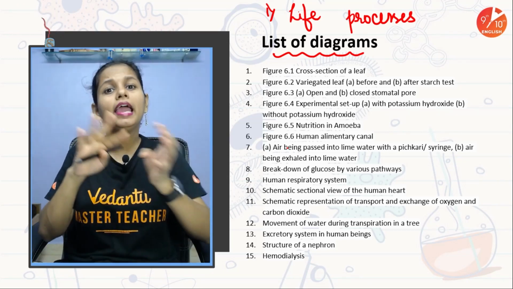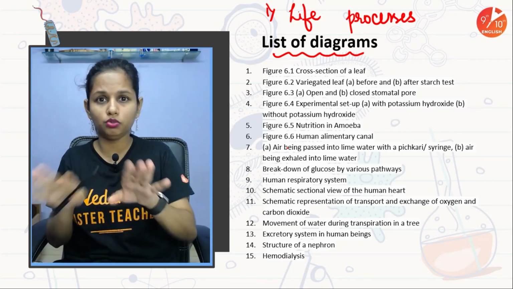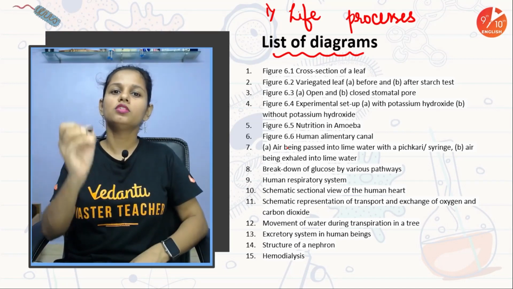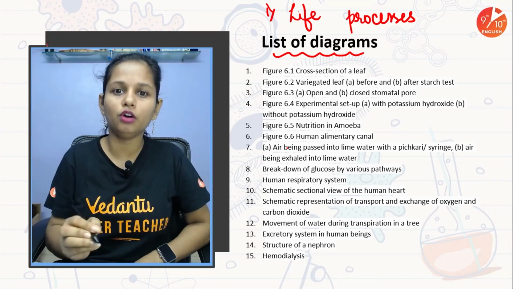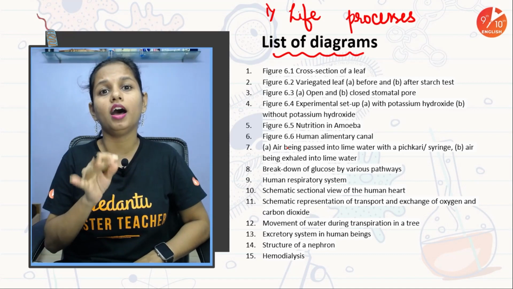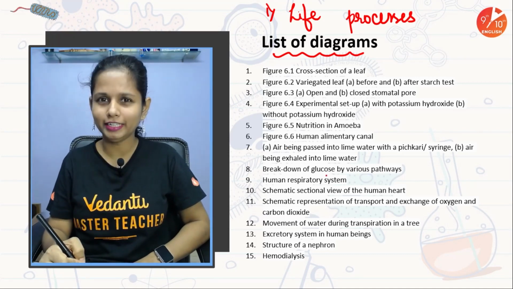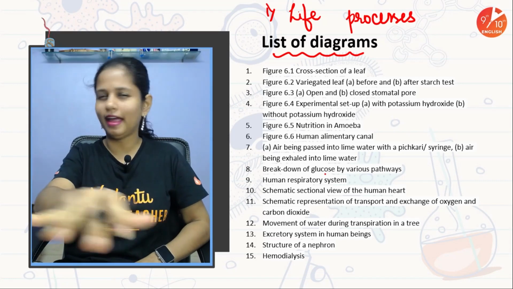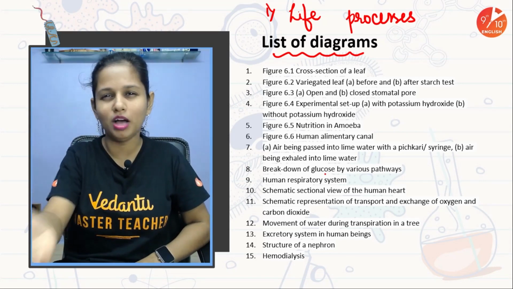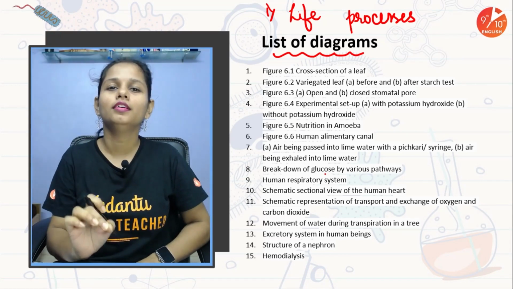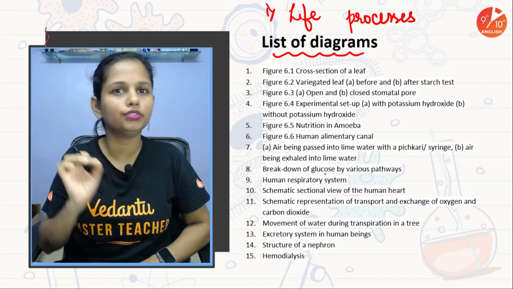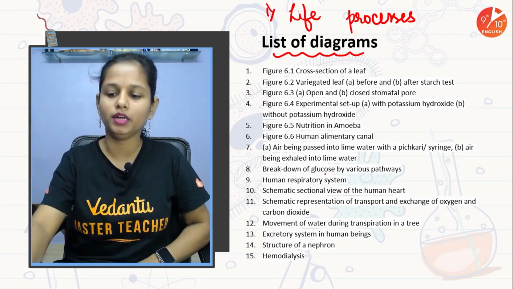Conceptual diagrams, experimental setup diagrams. Okay, you need to be thorough with both of them. So here I have already listed down 15 diagrams which are a part of this chapter. Huge, isn't it? Yes. You may thank me later on in the comments, that ma'am, it's good that you gave the list, but ensure that you are thorough with these 15 diagrams. Okay, that's tip number 1.